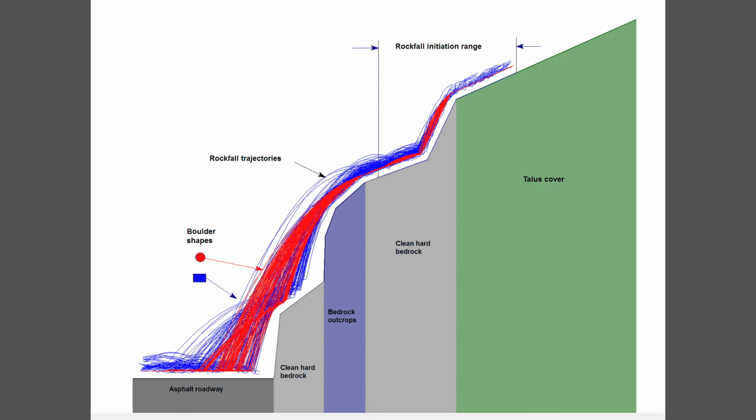If this situation exists, then you have to consider what kind of remedial action you can take. One of them is changing the shape of the slope, but that's not usually possible to do. One of the simplest solutions is to ensure that you have a catch ditch.